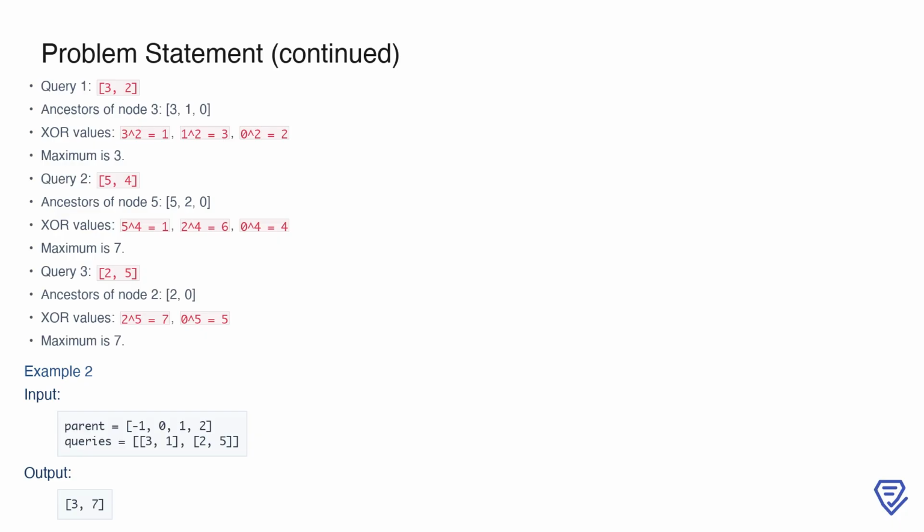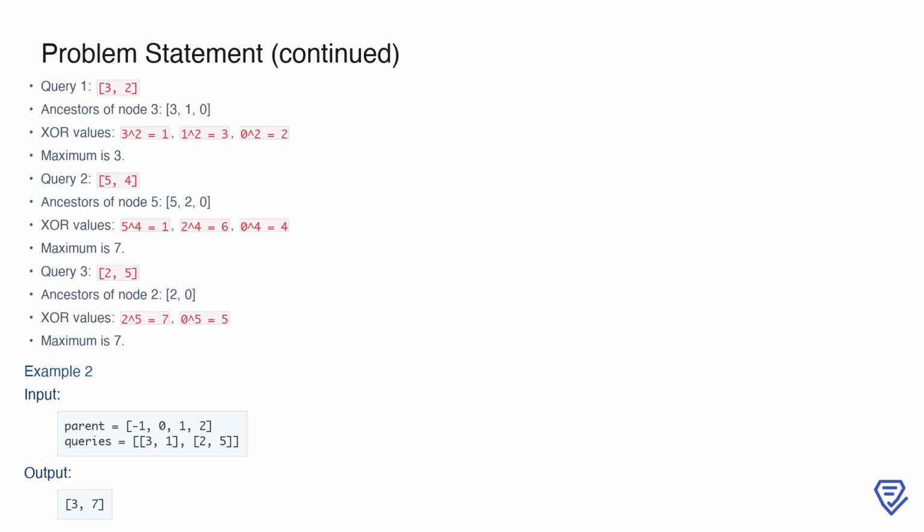For the first query, 3 2, the ancestors of node 3 are nodes 3, 1, and 0. The XOR values between val 2 and these ancestors are 1, 3, and 2, respectively. The maximum is 3. For the second query, 5 4, the ancestors of node 5 are nodes 5, 2, and 0. The XOR values are 1, 6, and 4, with the maximum being 7. Finally, for 2 5, the ancestors of node 2 are nodes 2 and 0. The XOR values are 7 and 5, and the maximum is 7. This example demonstrates how to compute the result for each query by considering the ancestors of the node and finding